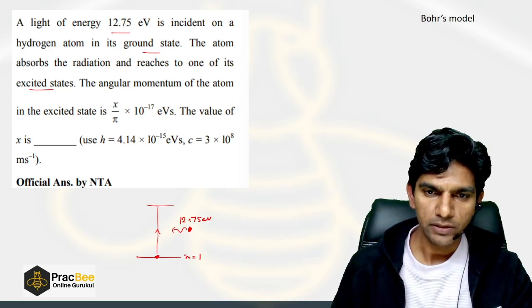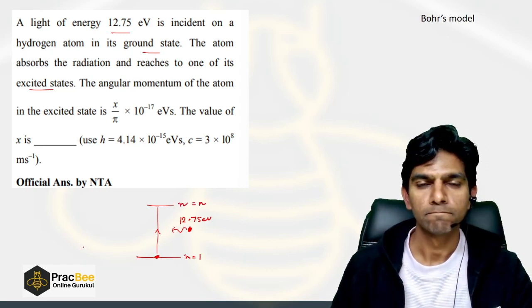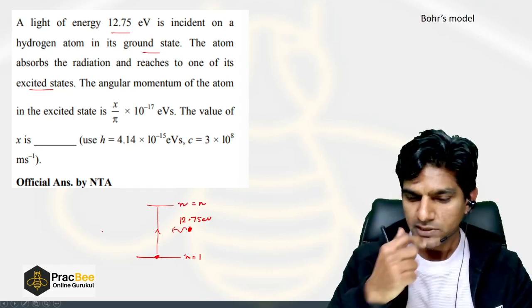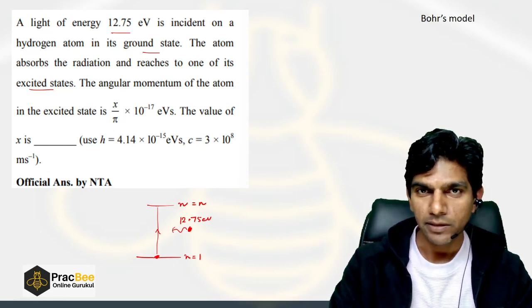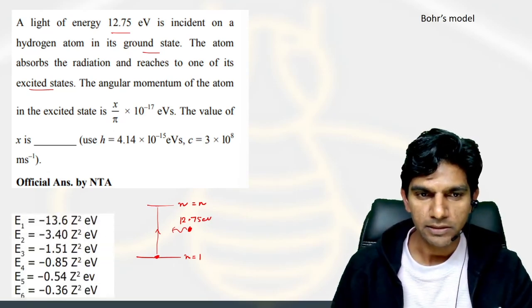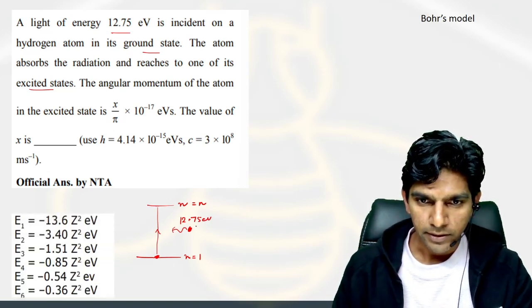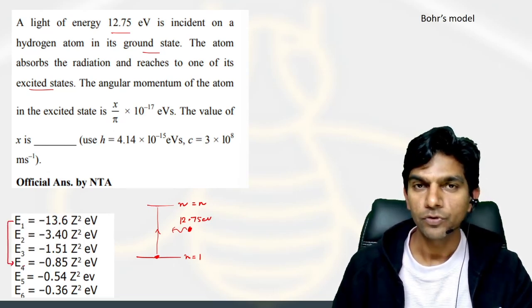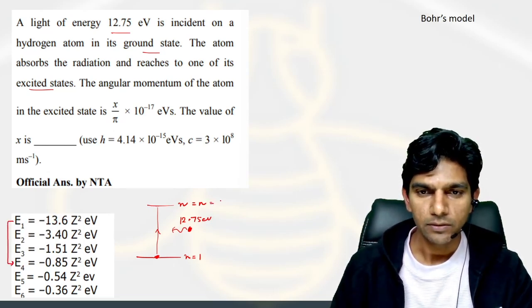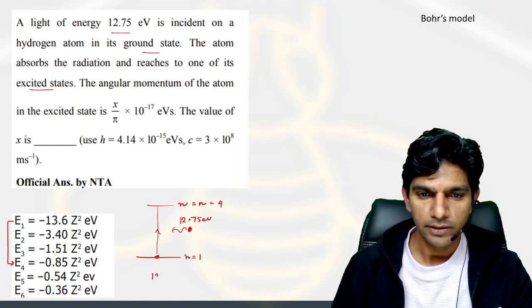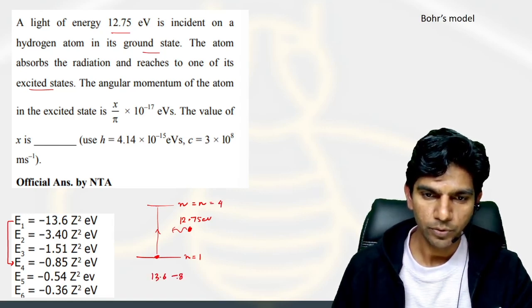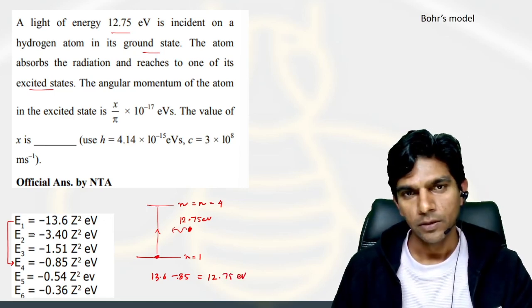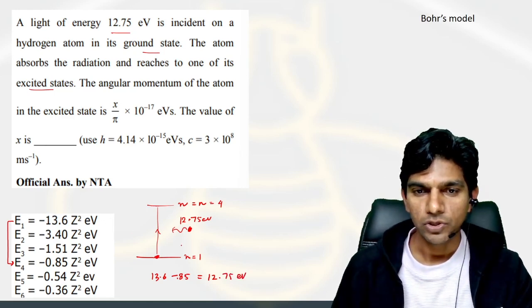So this is n equals to 1, and let us say this is n equals to n, right? Okay, right. So 12.75, this number sounds familiar, right? So let us see. It is the difference in these two energy levels, 1 and 4. So we can say n is nothing but 4, because 13.6 minus 0.85 is nothing but 12.75 electron volt. So we know the electron will jump to the third excited state, or you can say the energy